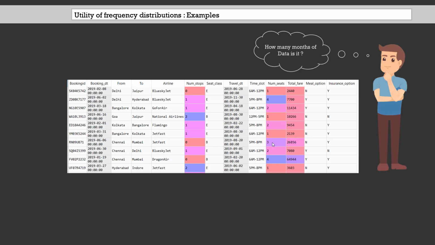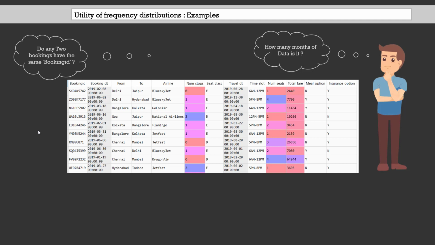As far as finding the number of months that this data has, one can compute the year-month variable on this booking date variable, and we took a similar example in covering the topic creating new variables. By using that year-month variable we can observe the number of unique values it has, and we can get to an answer to this question. Similarly, if one wants to know if two or more bookings have the same booking ID, one can observe the frequency distribution on this variable booking ID and look for value counts greater than 1.